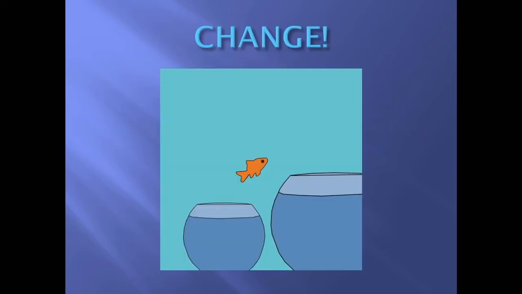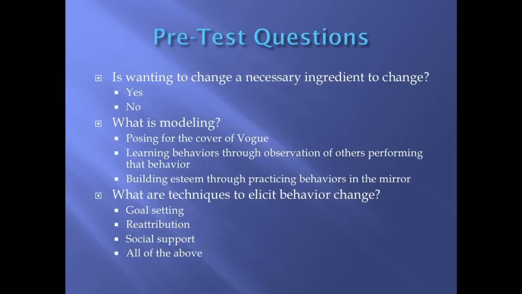So what we're all struggling to do is move from our nice little comfort areas where we've built a pretty little fishbowl for ourselves and one little plastic plant where we're happy as clams, but to move beyond that, to get outside our comfort zone, move into discomfort, and learn to live in the big bad ocean that is this world. Here are some pretest questions again. I think we're tested enough. Let's not make it that hard.